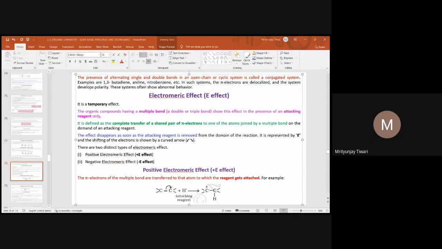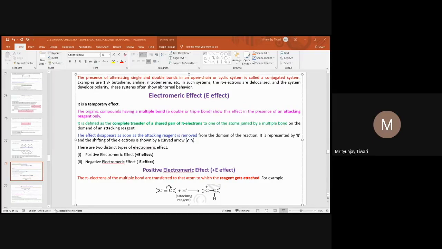So what happens? This CH bond, the next time, will get transferred to this carbon atom, and so a positive charge will be there on this proton, and in the third case this will have a positive charge, and you can see this in this structure. So based on this, there can be three hyperconjugative structures of this molecule. This is one hyperconjugative structure, this is another, and this is another. So there are three hyperconjugative